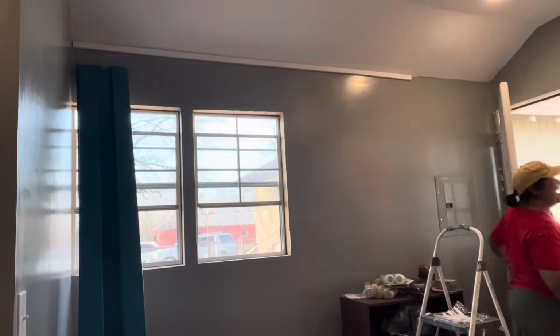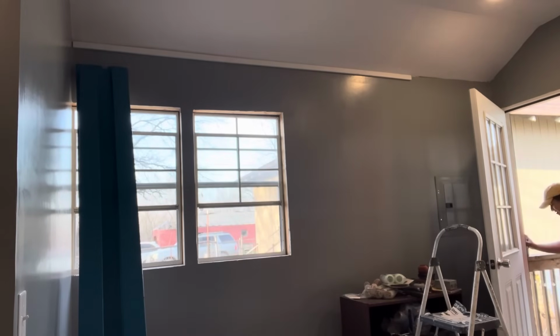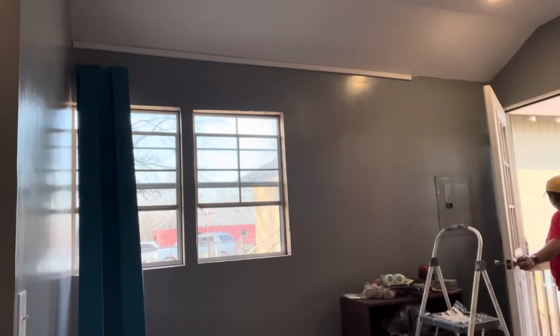Yeah. Fancy. A door that doesn't make noise. I know. What kind of nonsense is that? I mean, it'll change pretty quickly because of all the dirt. But...